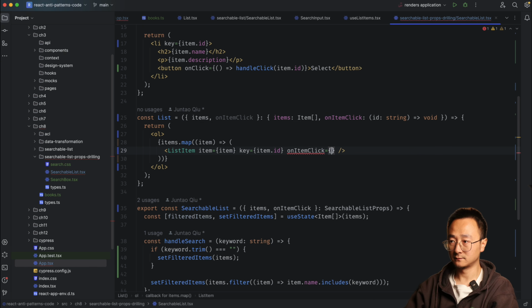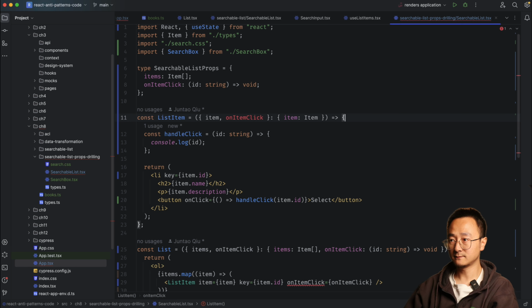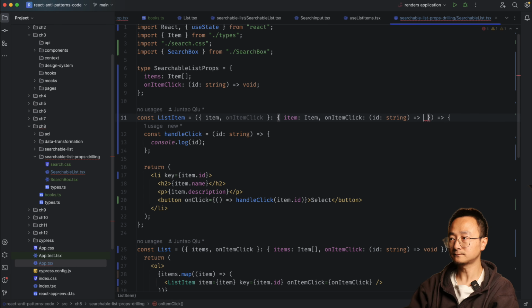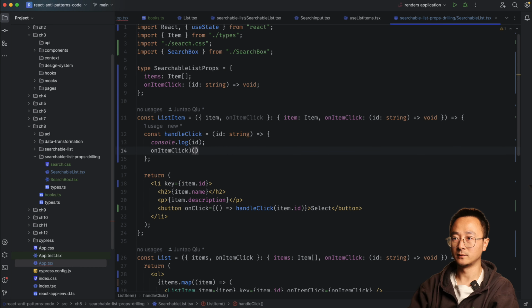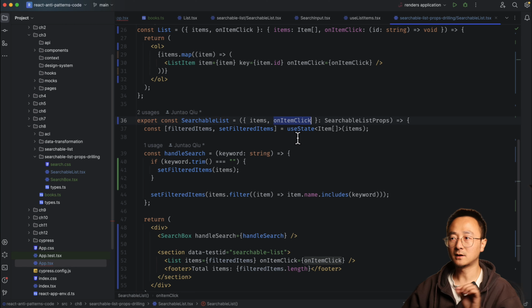We do this onItemClick, and then we have to change the list item interface like so. Do it here, and we will need to put it even further down here. Let's see, it's tracking the ID, and doesn't return anything. And then finally we got here, we can call the passed-in onItemClick with the current item ID. So as you can see, we have to pass down the onItemClick from the SearchableList